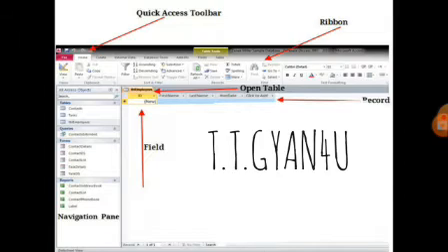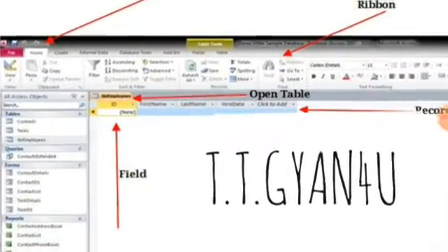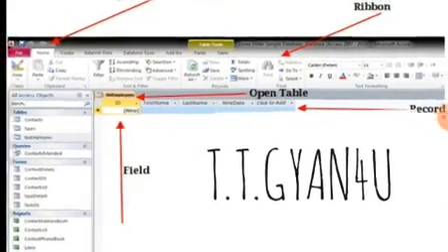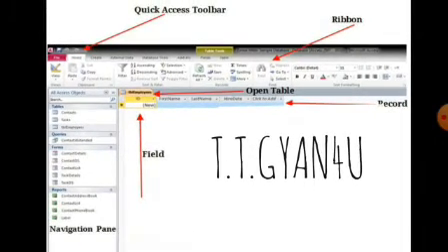The information stored in a column is called a field. Next is table. What is a table? A collection of related information stored in the form of rows and columns is called a table.